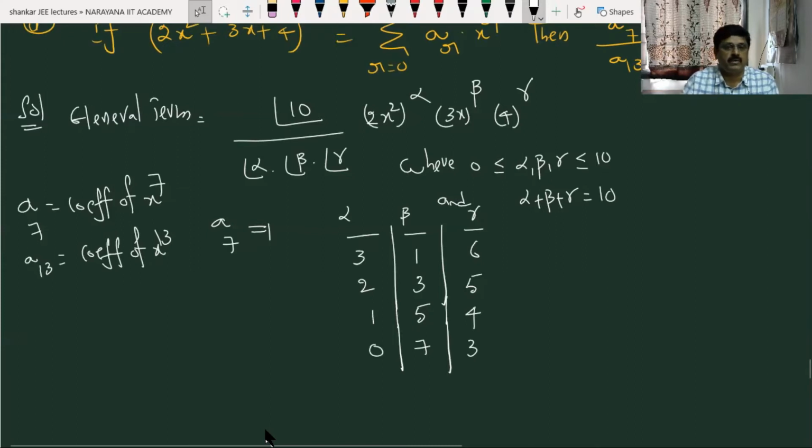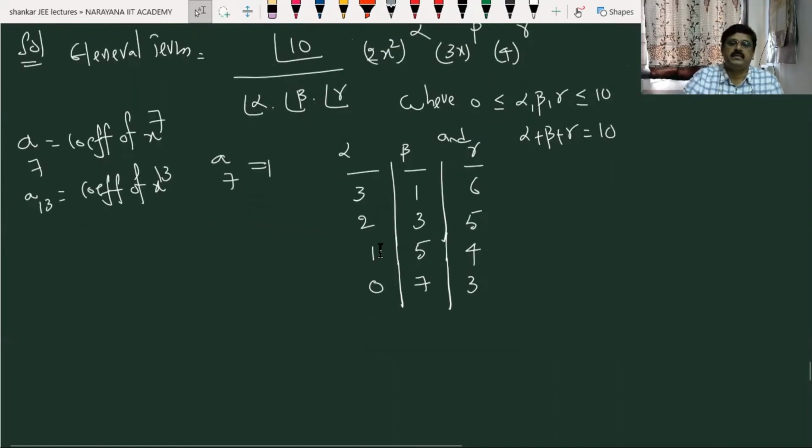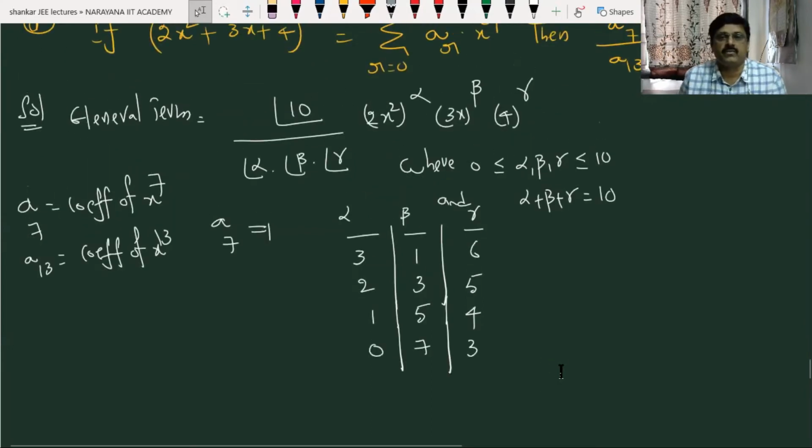alpha 0. Don't entertain any number here other than 0. Why? Because already beta 7 means x power 7 came. I think these ways are favorable here. Okay. Now, when you give these numbers here, answer is coming. A7, that is